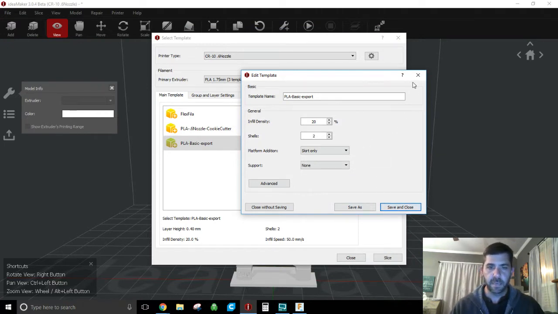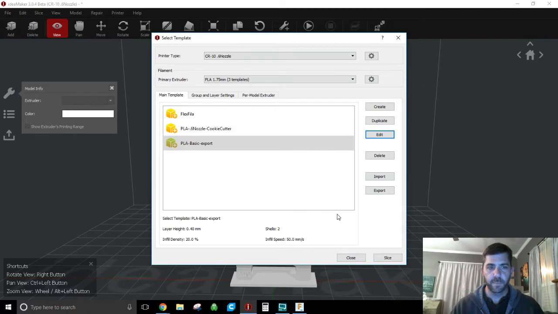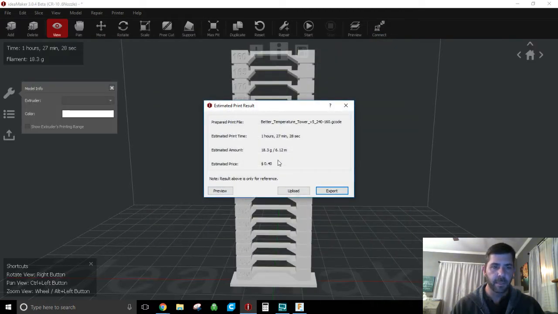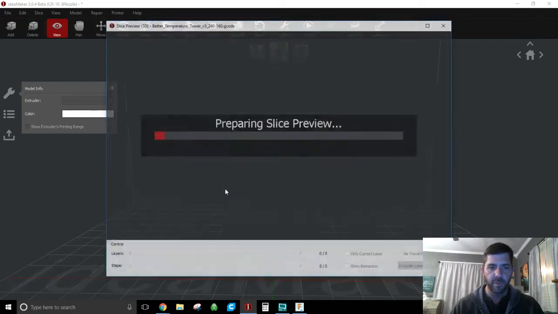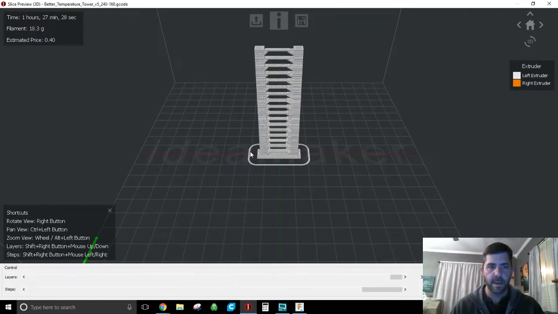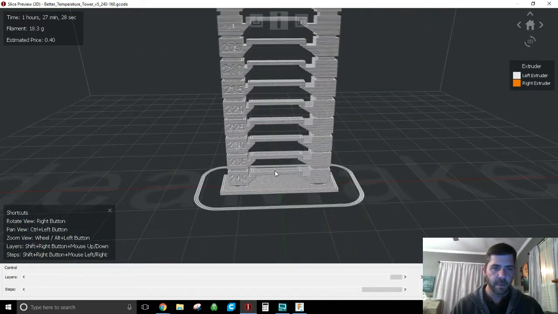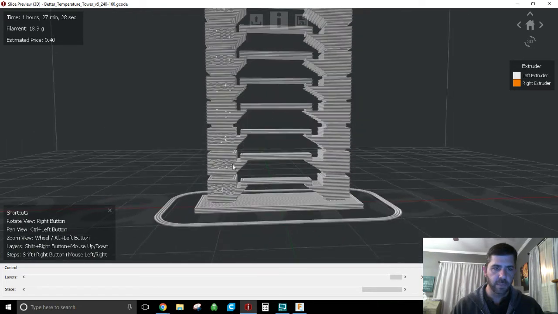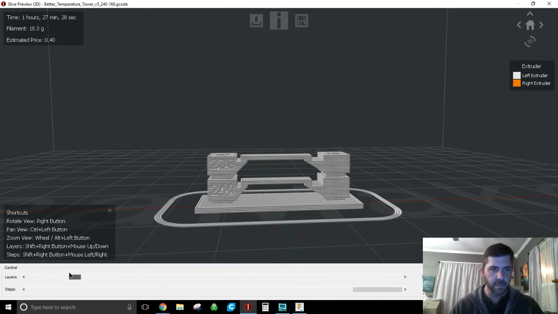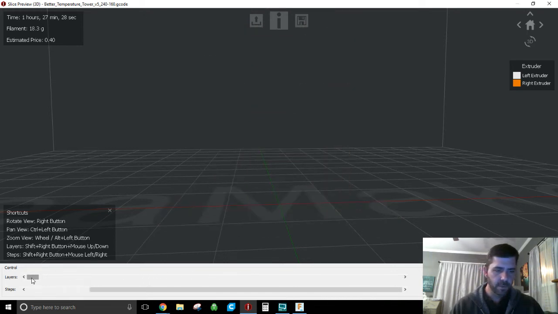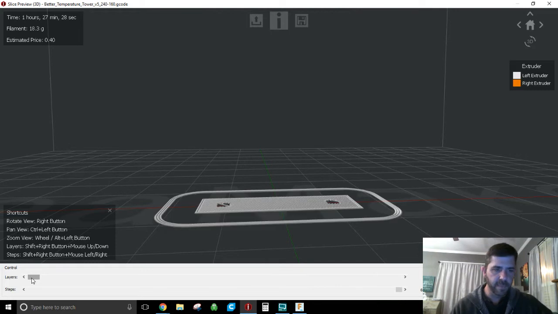What you need to get is the preview window up, because the preview window lets you move around from layer to layer. So pick that profile, hit slice, get this little window. We're going to pick our preview window. Again, the only thing we care about right now is counting layers, so we know which layer to drop our temperature at. This thing's a total of 300-ish layers tall. Let's come all the way down to the bottom. If we just start mousing up a little bit,